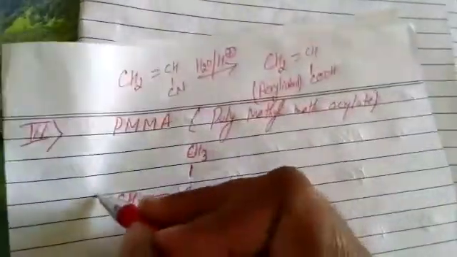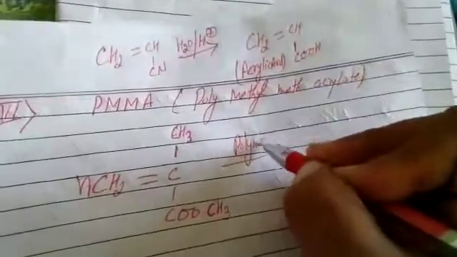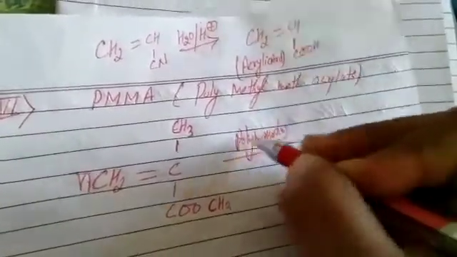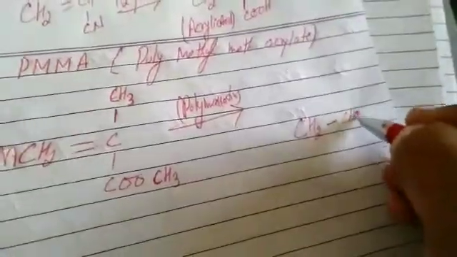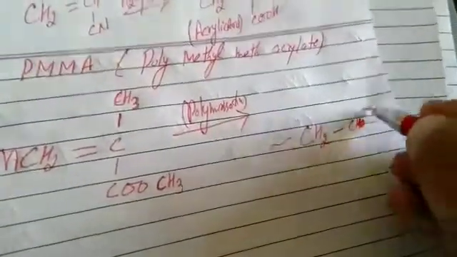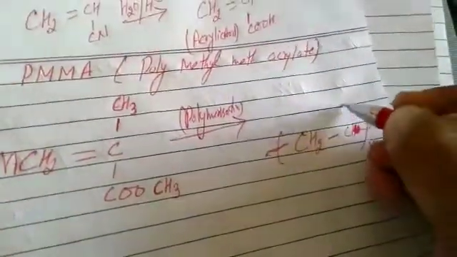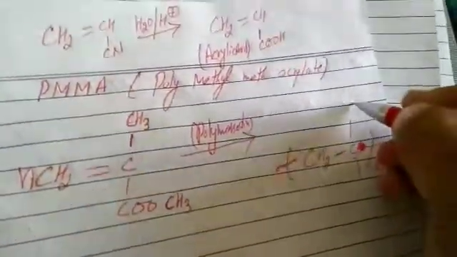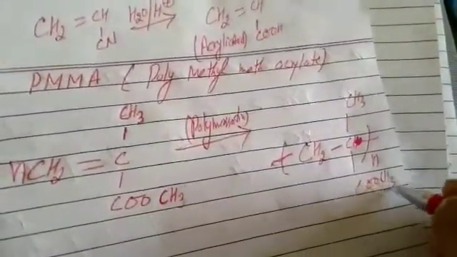Now do polymerization in it. It is methyl methacrylate. How many times? All of you know, n times. What will happen, students? Unsaturation dissociates. Double bond breaks, CH2=C. Formula does not change. Link expands on right side as well as on left side, n times. Now this carbon contains two substituents. They remain as such. One is CH3 and another is COOCH3.